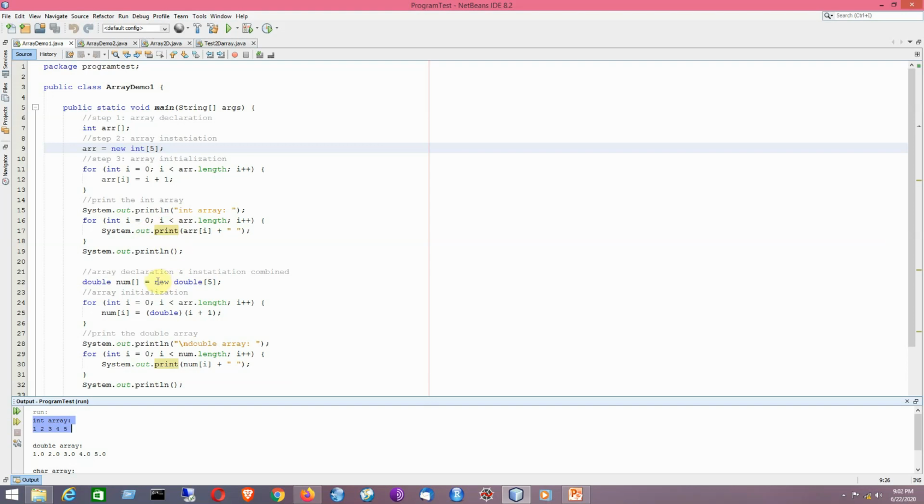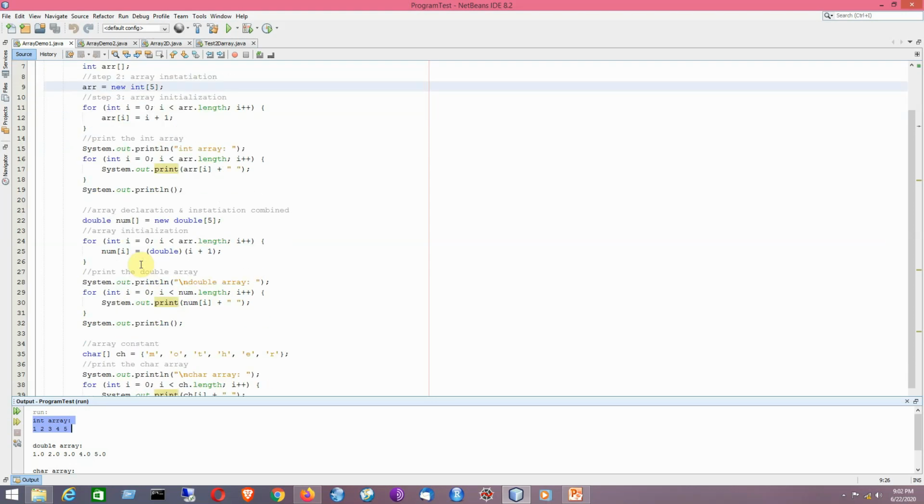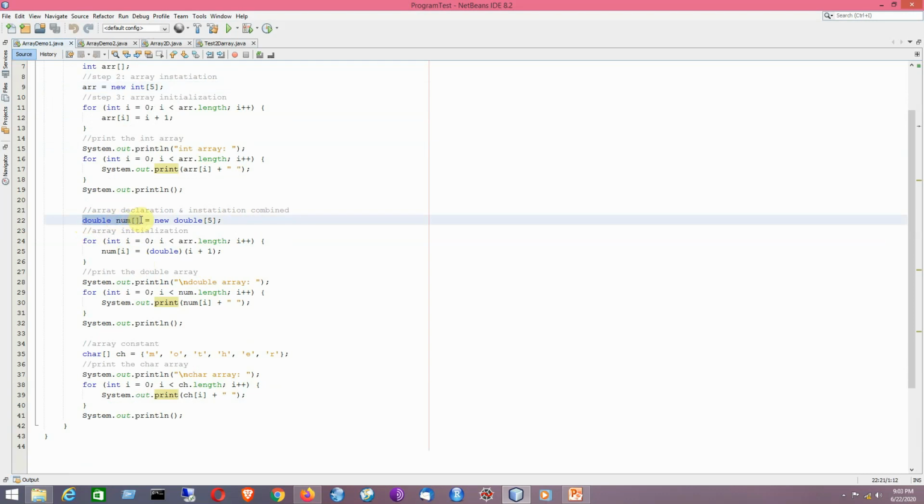Now in the next example, within the same program, I have used a double type array. Here declaration and instantiation are basically combined. So double num, then comes the third bracket equal to new double 5. So declaration part and the instantiation part are now combined. Then I have tried to initialize the elements of the array.